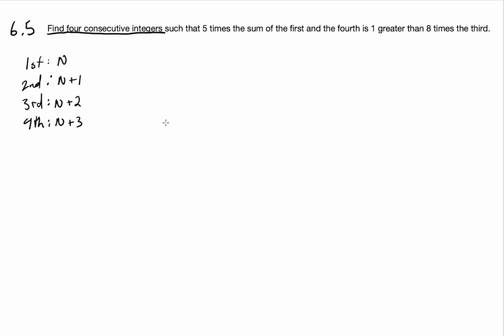Such that 5 times the sum of the first. So 5 times the sum of the first and the fourth. So here's the first and here's the fourth. So the sum of those. So n plus 3. The sum of the first and the fourth is, here's our equal sign,